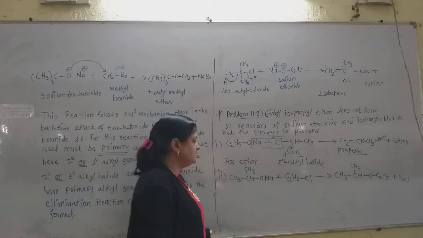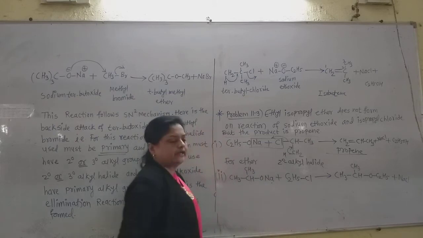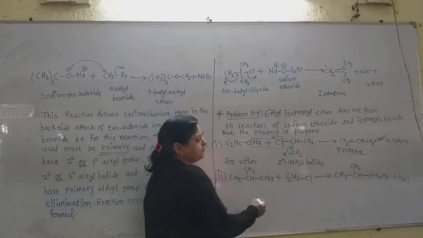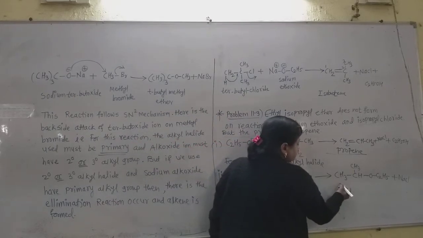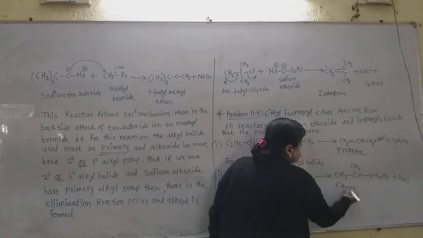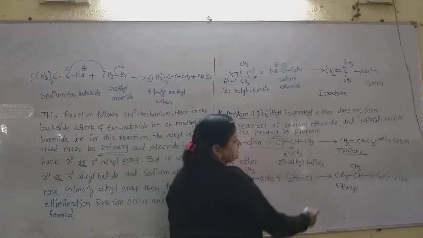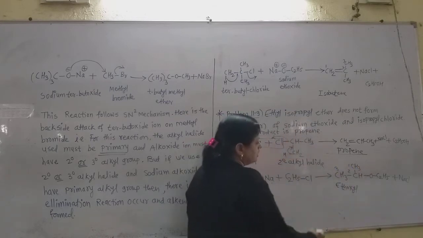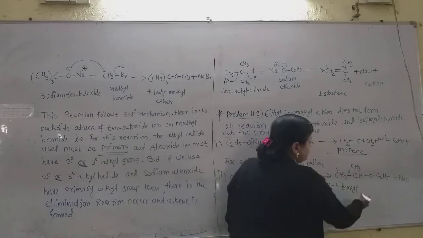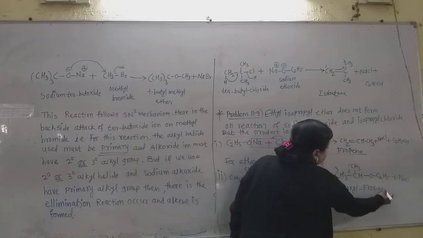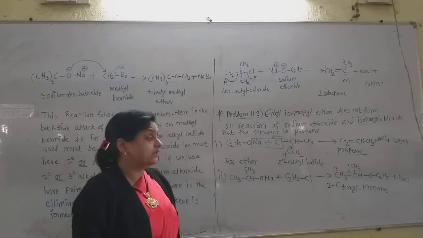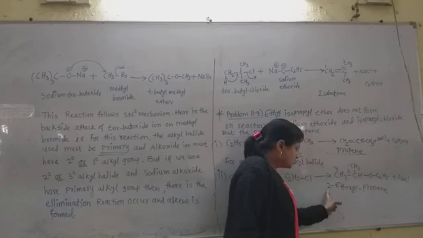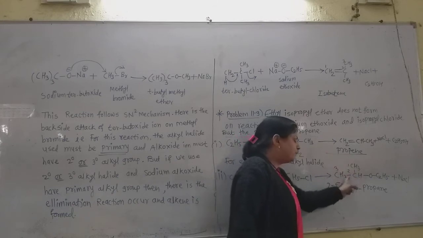Now Na and Cl leave as the byproduct NaCl, and this CH3 attaches to this C2H5 and ether is obtained. What is the name of this ether? This is ethoxy. The small group is the ethyl group, so ethoxy, and numbering from 1, 2, 3, this is 2-ethoxy propane. In this way the IUPAC name is given for the ether. Why 2? Because this ethoxy group is at the second carbon end.